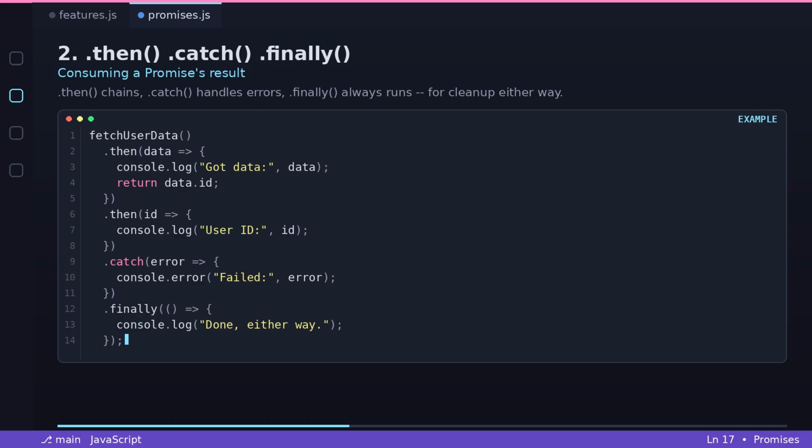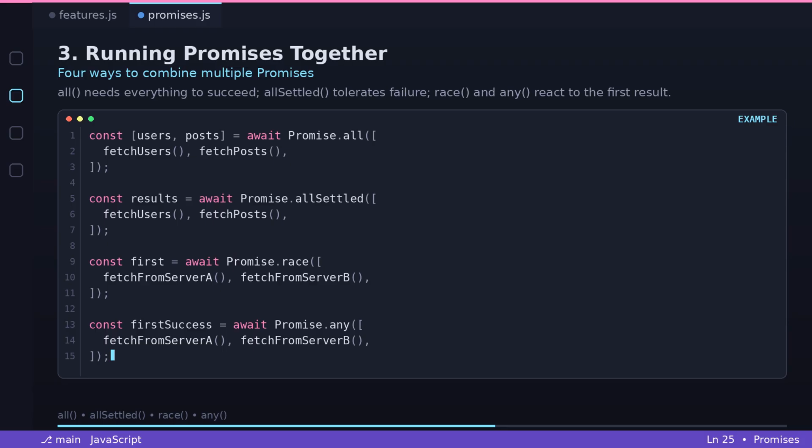3. Running promises together. Real apps rarely deal with just one promise at a time. JavaScript gives you 4 ways to combine them. Promise.all waits for all to succeed, rejects if any fails. const [users, posts] = await Promise.all([fetchUsers(), fetchPosts()]). Promise.allSettled waits for all to finish, success or failure, never rejects. const results = await Promise.allSettled(